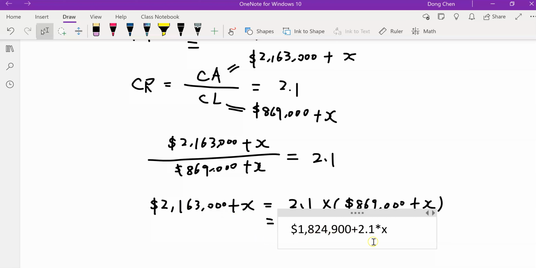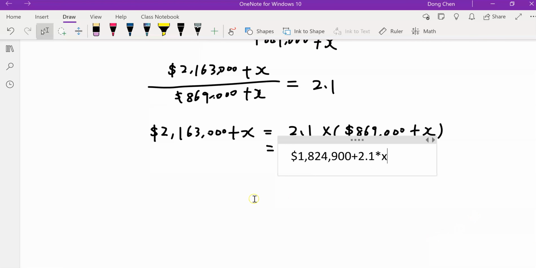So the right-hand side now becomes 2.1 times X minus X. If you combine the terms, that will become 2.1 minus 1, times X. And if I switch sides, because generally we want the unknown on the left-hand side, then after I move this 1,824,900 to the left-hand side, it becomes